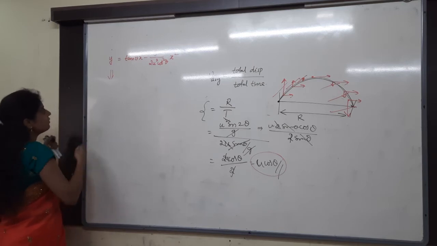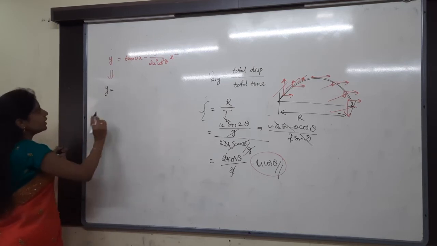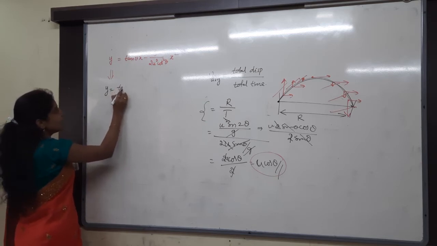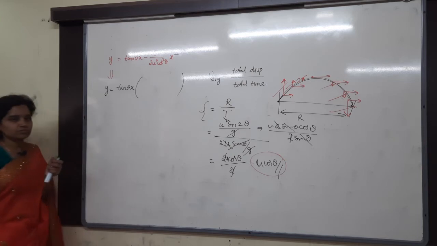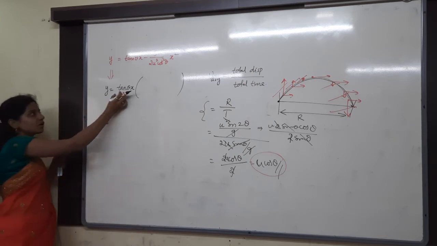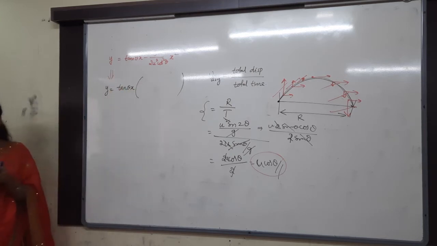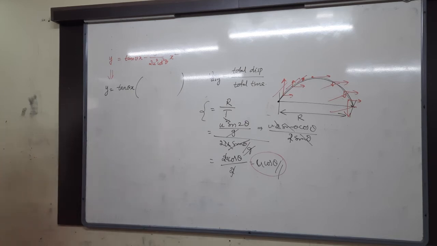So here I will take y only. Here what will I take common? I will take tan theta into x common. Then derive the remaining thing. If I take tan theta into x outside, what will be there inside, all that you have to get. Tan theta into x is coming out of the bracket.